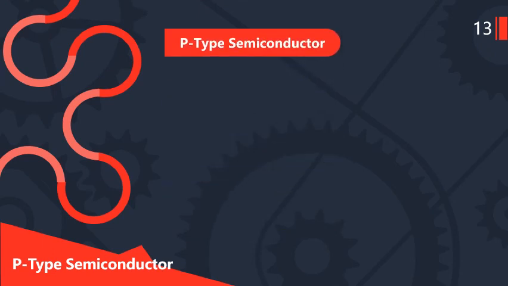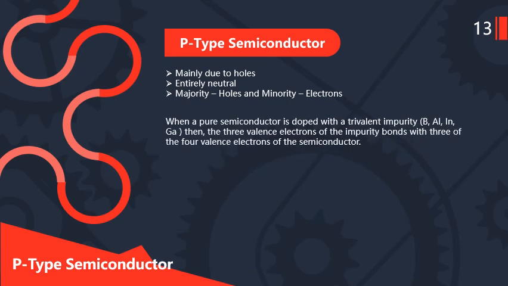Now the next topic is the P-type semiconductor material, how it is made and what are the majority and minority carriers of P-type semiconductor material. So when a pure semiconductor material is doped with trivalent impurities,